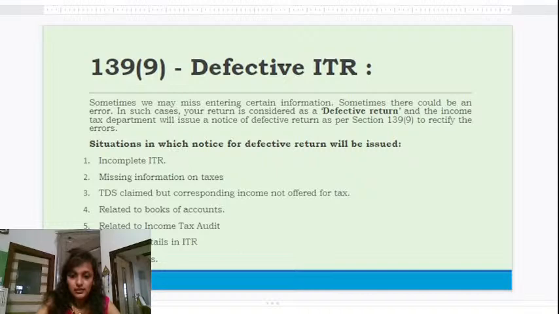Then coming to the next ITR notice, which is the defective return. Now, who will be receiving the defective return notice, and how can you correct a defective return notice case? As per section 139(9), a tax return is defective if certain documents are not attached while filing the return. In case the return is considered defective by the tax officer, the taxpayer will be informed and will be allowed to rectify the defect within 15 days, starting from the day of intimation. So if you have received a defective notice, you will get a 15-day window. In that particular period, you will have to correct the return.